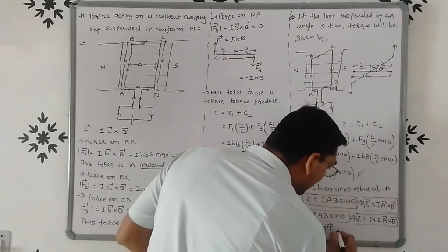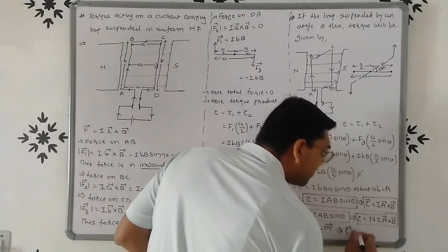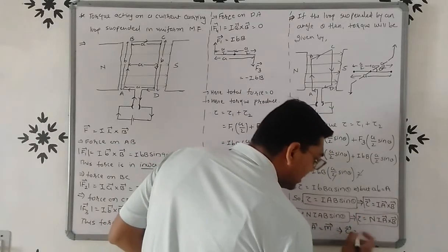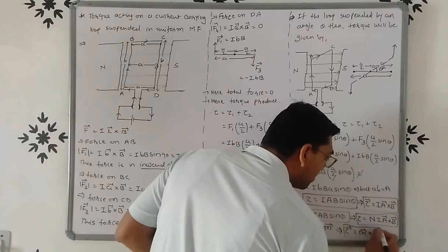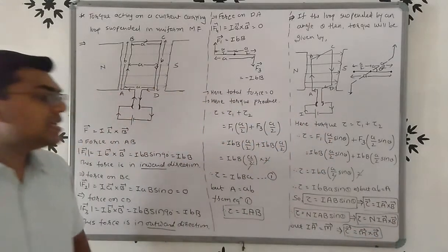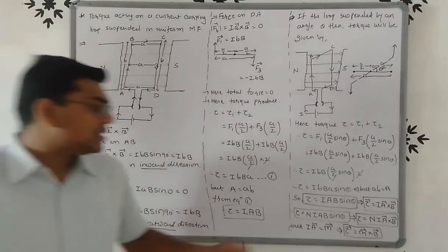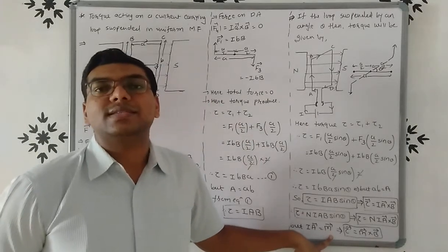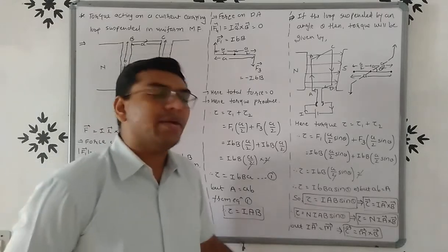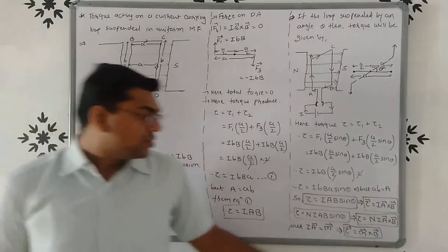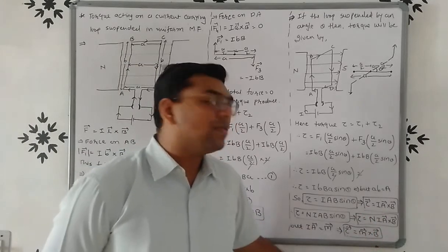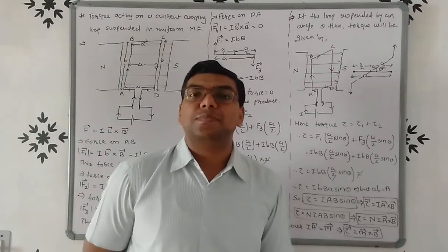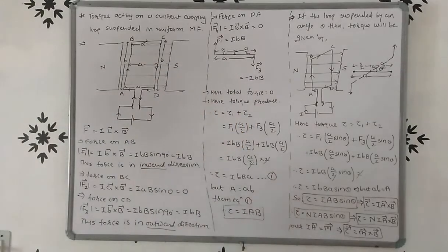So if IA is equal to M, then the equation of torque will be, instead of this I and A, M. So torque tau is equal to vector M cross vector B, or we can say MB sin theta. Once again friends, M is known as magnetic moment, I into A, that is magnetic moment M. So torque tau is equal to, instead of IA, M, so tau is equal to M cross B, or we can say MB sin theta. So friends, this is a very important theory for your